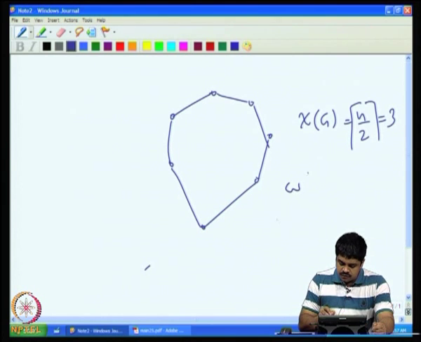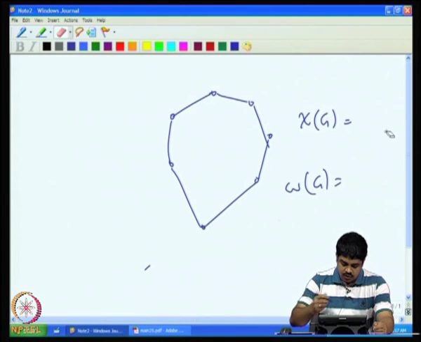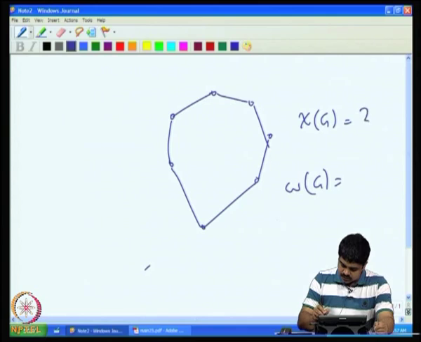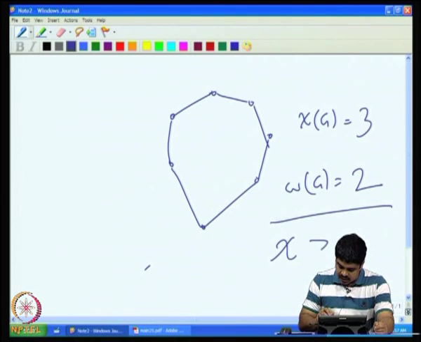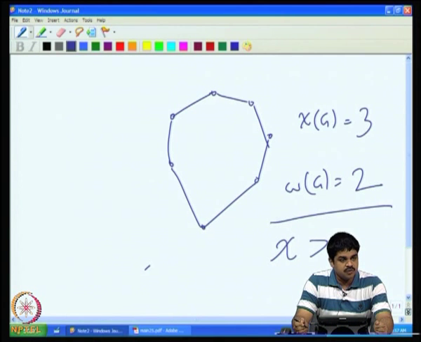Now, omega of G is equal to 2, sorry, not n by 2. To color the odd cycle we need 3 colors, right. So, omega of G is equal to 2 only. Therefore, chi is strictly greater than omega. So odd cycles of length 5 or more, 5, 7, 9 like that, are not perfect, because chi is strictly